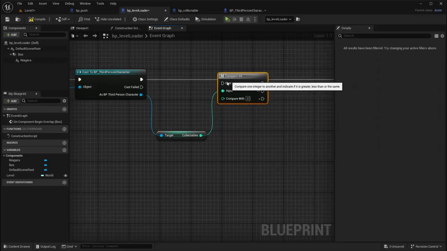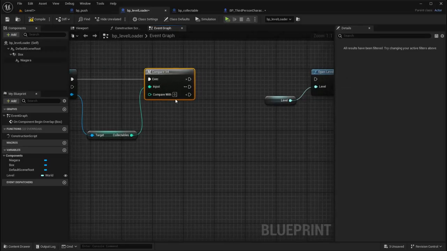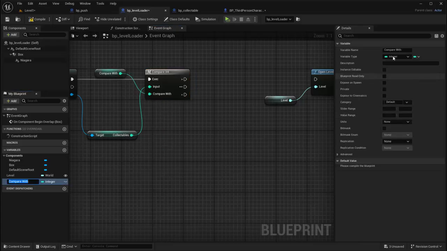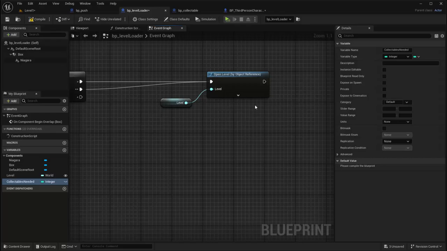And so it's going to say, how many do you have, right? And I'm going to make this a variable. And I'm going to call it collectibles needed. And if you have equal to or greater than the number of collectibles needed, then it will open the next